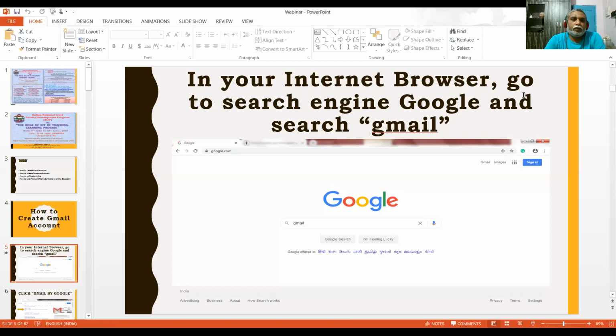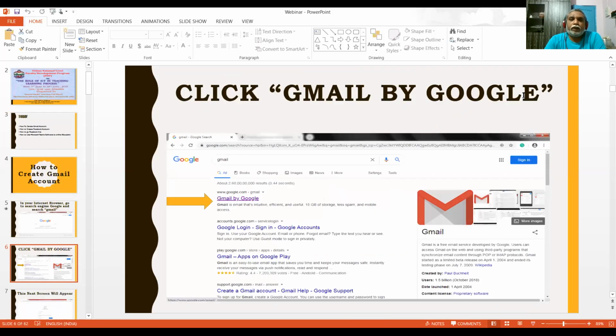Open the Google search engine and type Gmail. After that, one window will appear. Search for the Gmail website, and then click on the Gmail button.